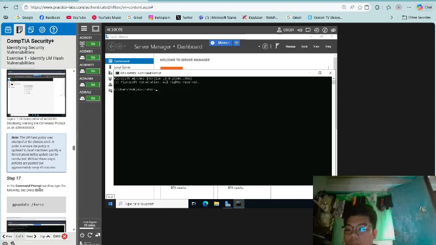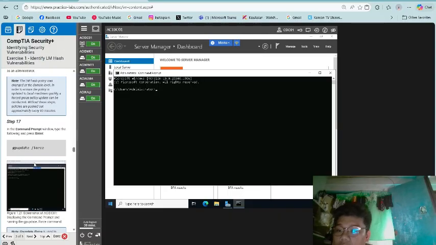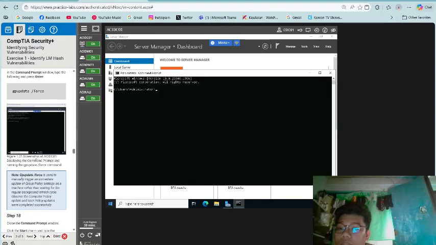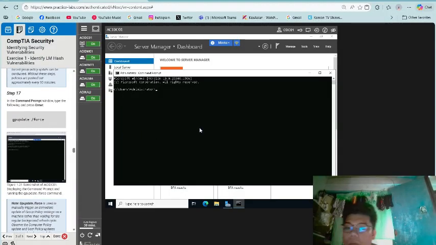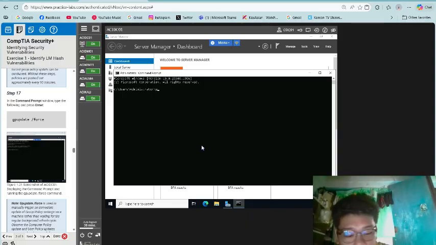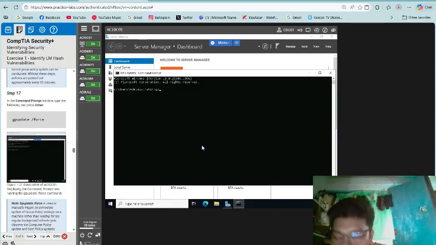So note, the LM hash policy was changed at the domain level. In order to ensure the policy is updated to local machines quickly, a forced group policy update can be conducted. Without these steps, policies are pushed out approximately every 90 minutes. On the command prompt, type the following: gpupdate /force.